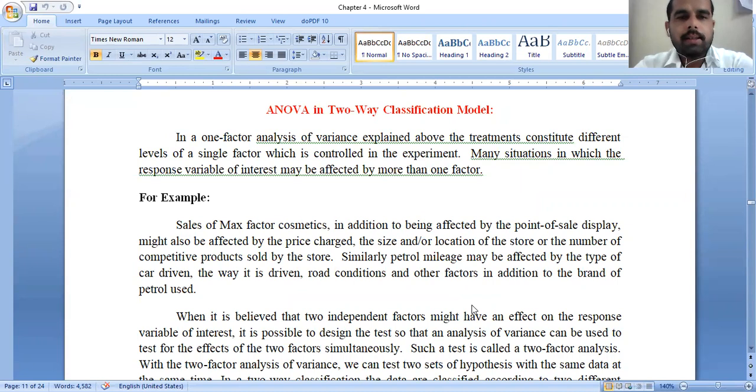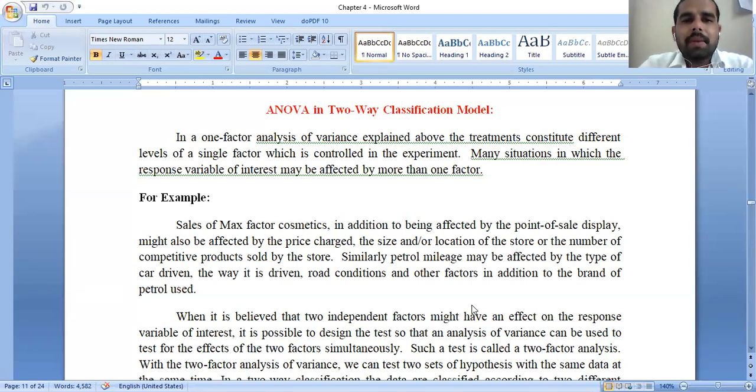In the previous class, we discussed how to solve ANOVA one-way classification model problems, and a few questions were also given for you for homework and practice. If you practice all the 5 questions, then you will get good clarity regarding the ANOVA one-way classification model. So before you start those problems, first of all, you have to